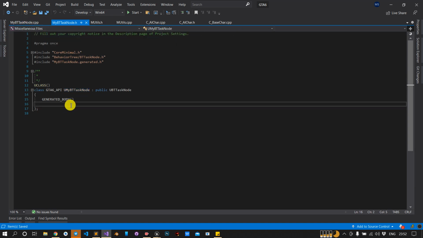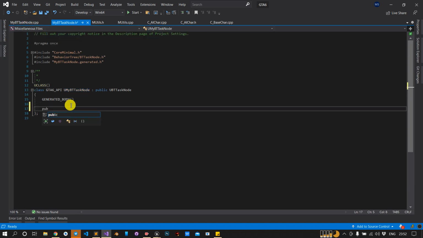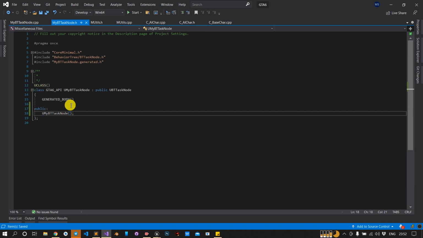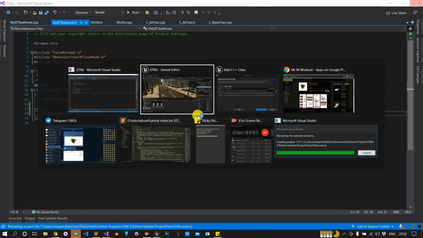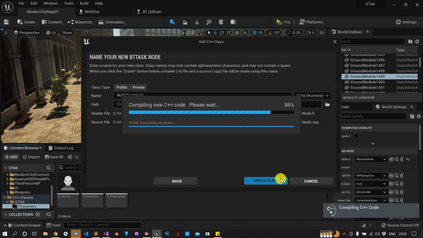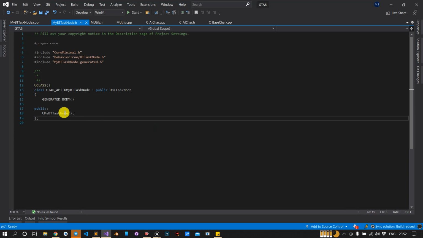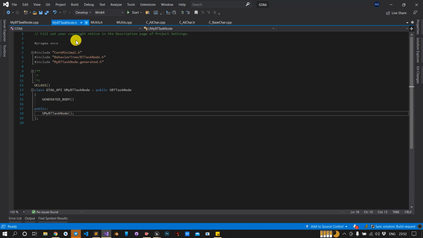So in the public, just click reload all. Okay, I think Unreal is done.